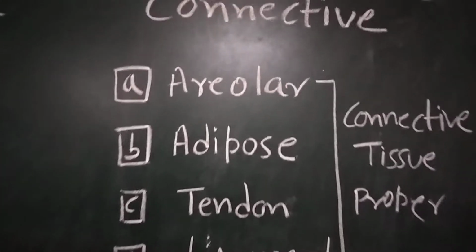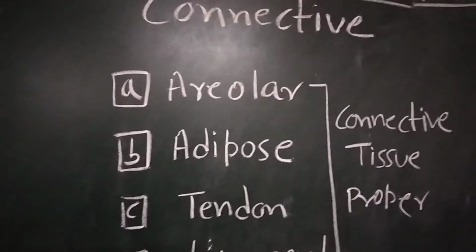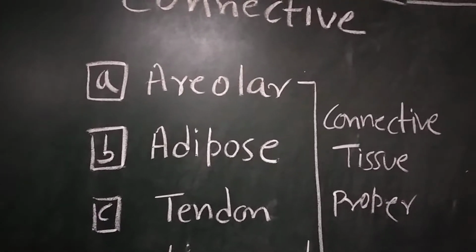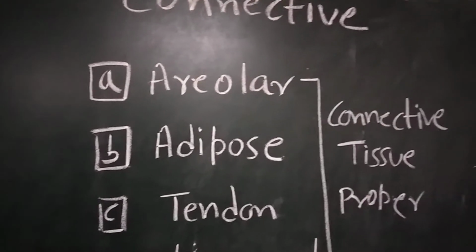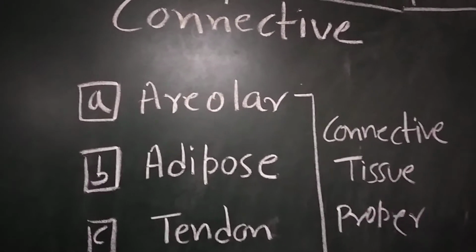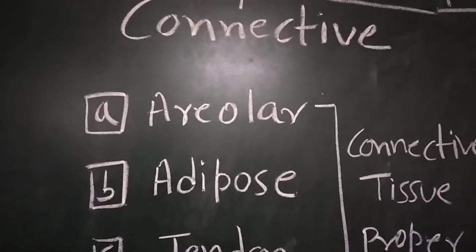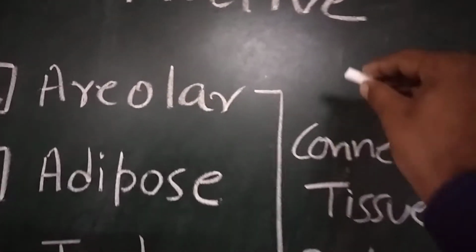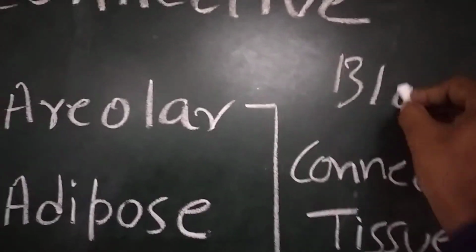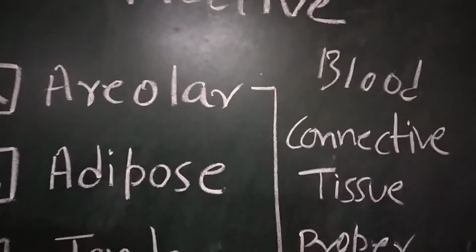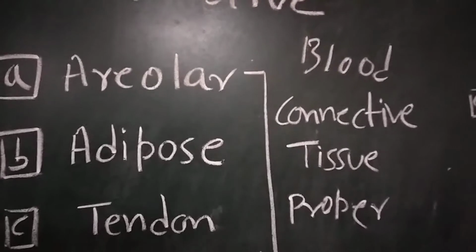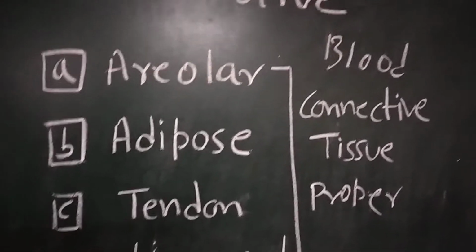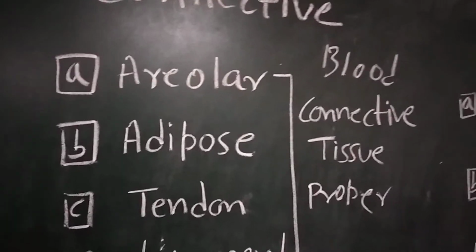Let's learn about the connective tissue. What is connective tissue? The joint between two tissues or between other organs or other muscles is called connective tissue. So you can understand connective tissue by the example of blood. Here I am writing, student, example of blood. Blood is a type of connective tissue. Why? Because several RBC are joined together and form a tissue, that's why.